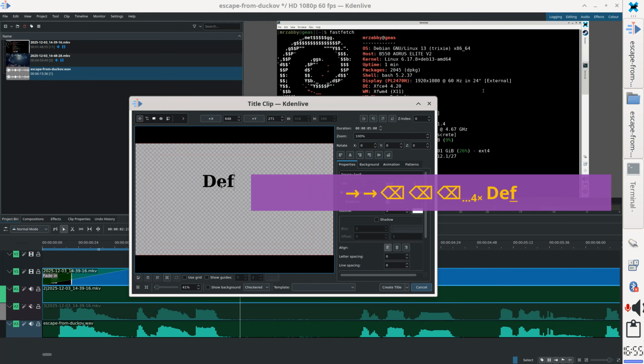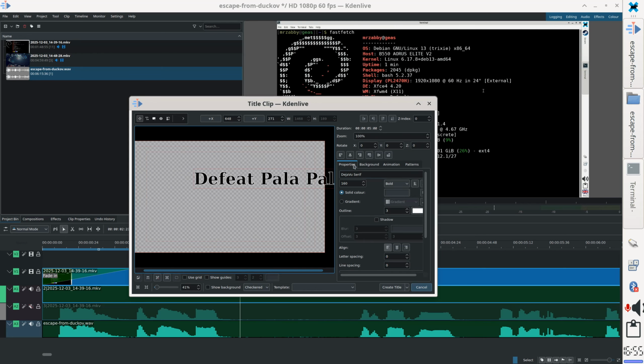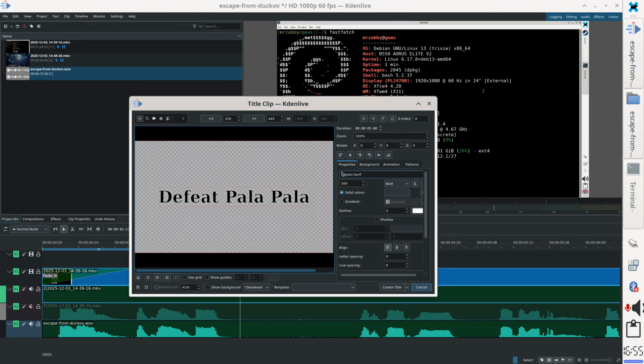Defeat power, for instance. Let's center it. Vertically, horizontally. Color. Well, don't really care for the example. And there are some other settings available to you, like